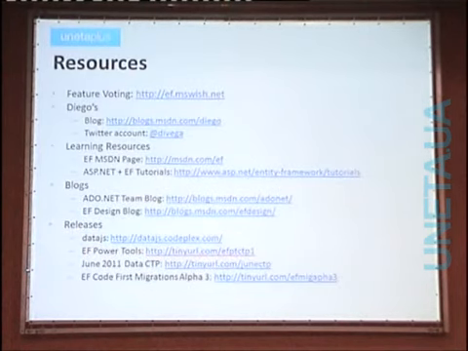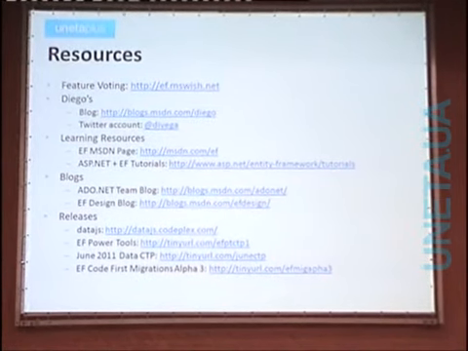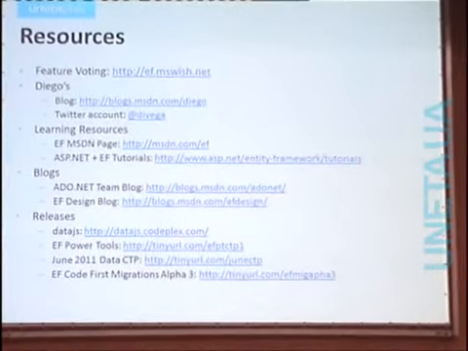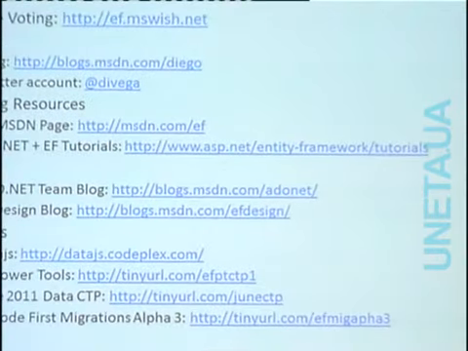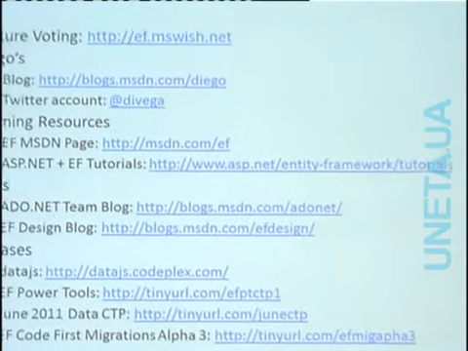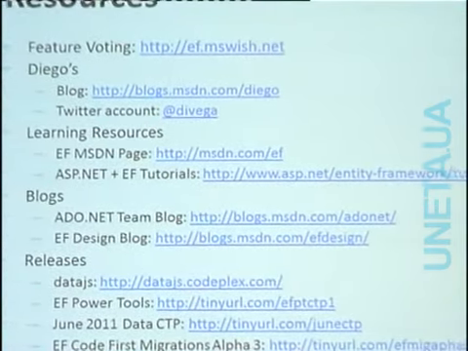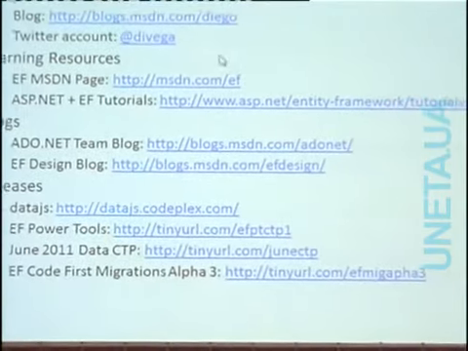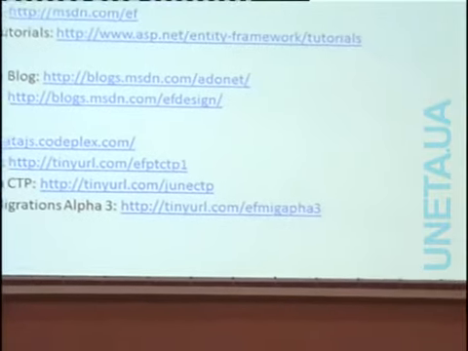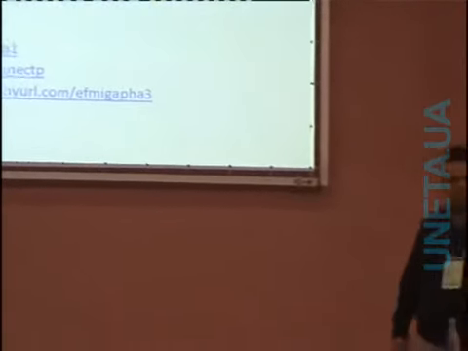Here are some resources that may be interesting for you. The first bullet is the most important: we have a site for feature voting, and anytime you have an idea of something that you care about, you can go to that site and search for ideas that other people already submitted, and if it's not there, you just add a new item, and people are going to start voting on it. Currently, in the next version, we are implementing several of the things that we had at the top of the list.